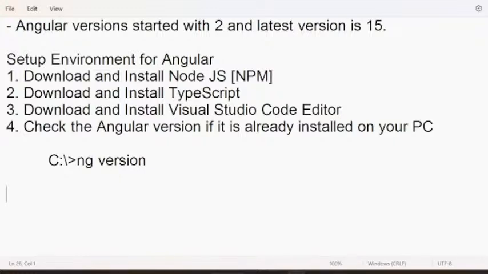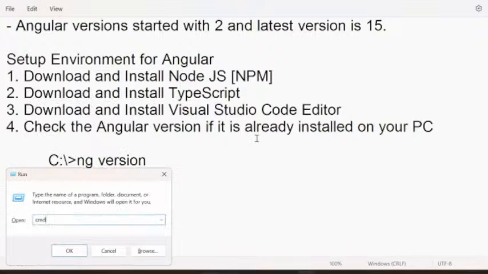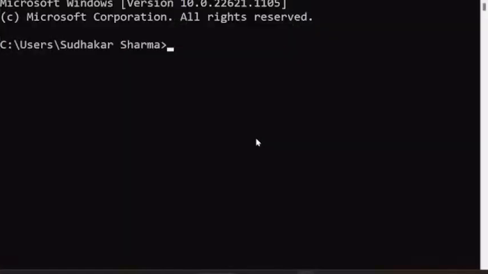If it is not installed, leave it. Don't worry about this point, right? How to check? ng version. ng is short form for Angular, right? So here I will open the command prompt, and in the command prompt type ng version, and it shows some Angular version.